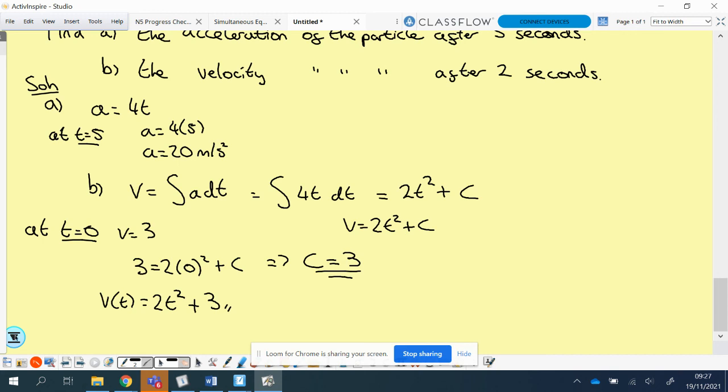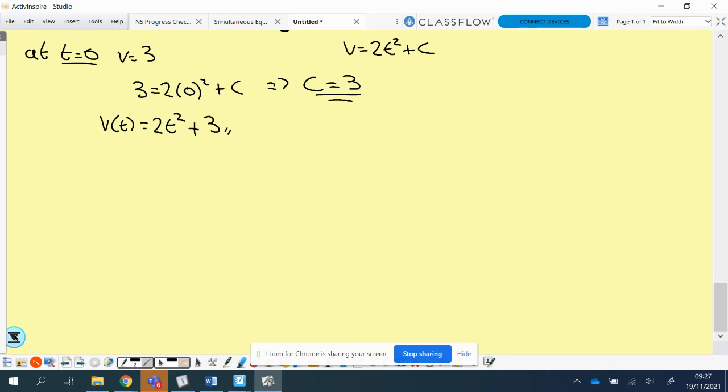Okay, so that's not me finding the final answer yet, that's me just finding out what the constant is. Now I can work out what I was asked to do, so at t equals 2 seconds. Then if I substitute 2 into this, it's going to be 2 multiplied by 2 squared plus 3. And if you work that out, that'll give you 11 metres per second. Okay, are we okay with that example there when we had to work back? Yeah. Okay,